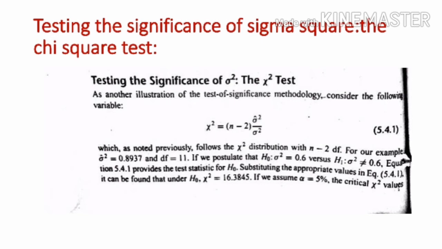For example, the sigma square statistic is 0.8937, degrees of freedom 11, to be rejected: H naught equals 0.7 and H one not equals 0.7. The test statistic for H naught is substituted as appropriate, and we assume a 5% level, to find the critical value of